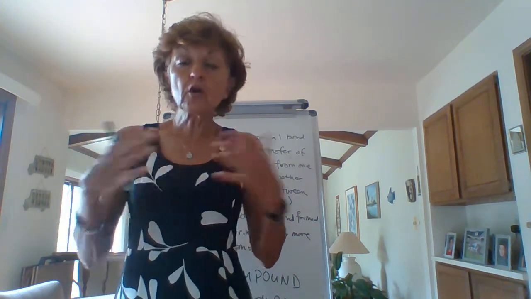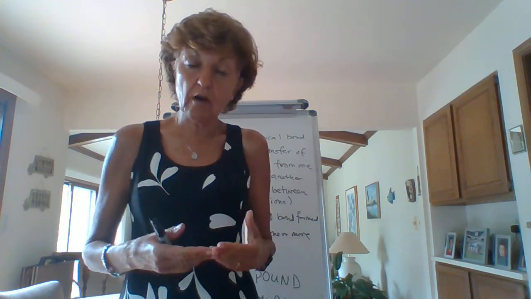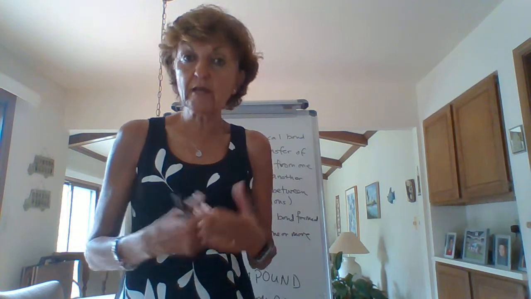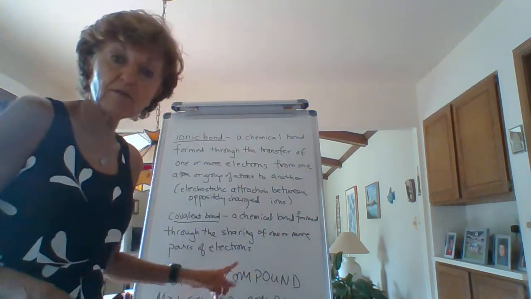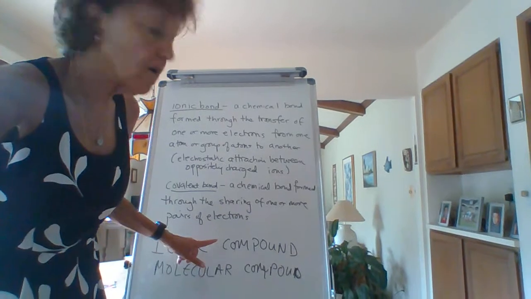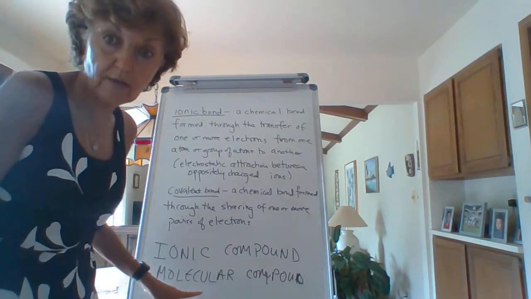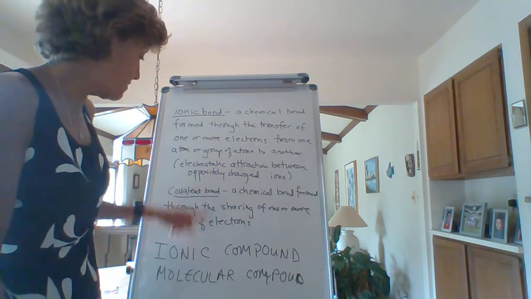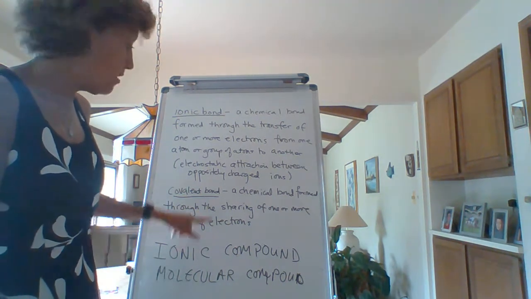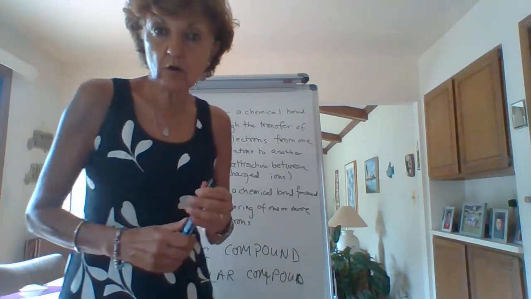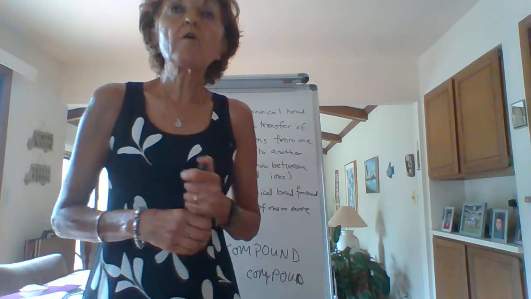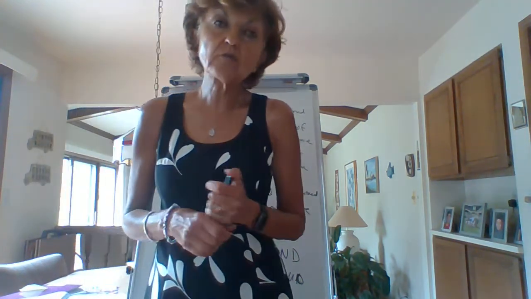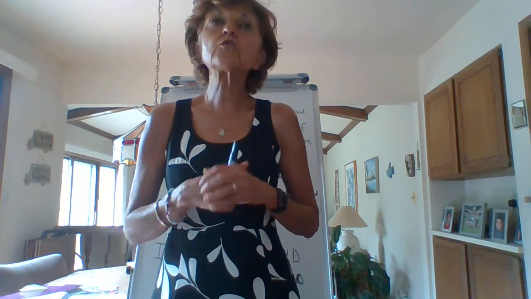When you have a covalent bond, you create something called a molecular compound, a molecular covalent compound. So the two types of compounds are ionic compounds and covalent molecular compounds. Ionic compounds are stabilized with ionic bonds. Molecular covalent compounds are stabilized with covalent bonds. Okay? All right, in order to talk about bonding, we need to talk about electrons and which ones are the